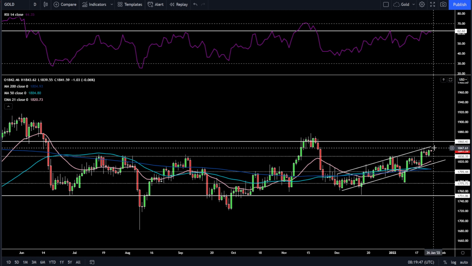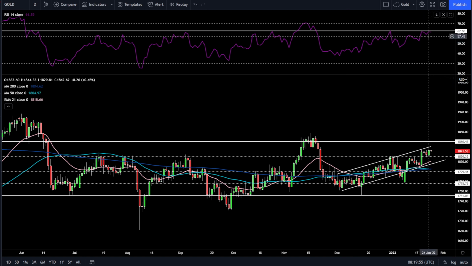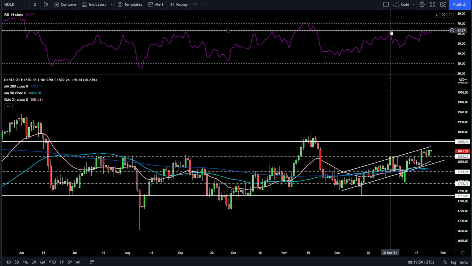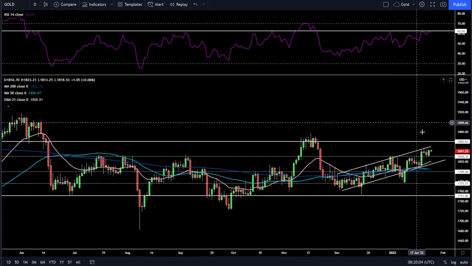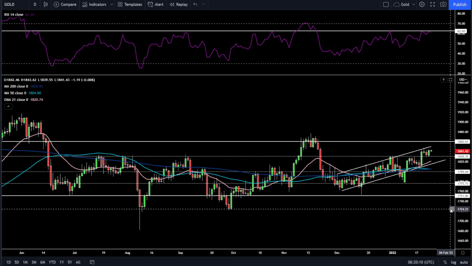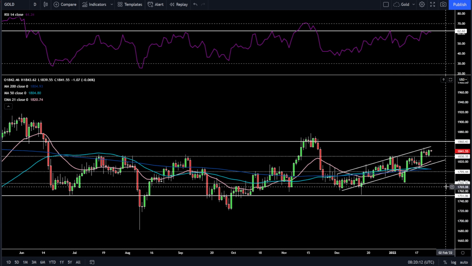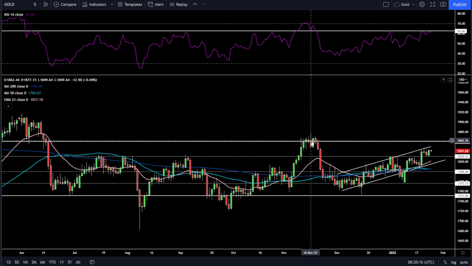Gold, again, its resilience continues to surprise me. I think there's a couple of factors that are helping it. We've got the RSI that's back up at the 62 resistance area here. We can see how important this has been in the past if we go back. So really key. We're still in that ascending channel. We've got support at 1830, which used to be former resistance. I'd say now targets on the upside would be 1850 and above there 1860, where we saw in mid-November last